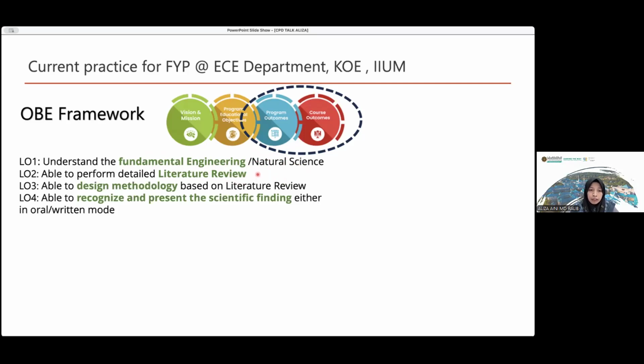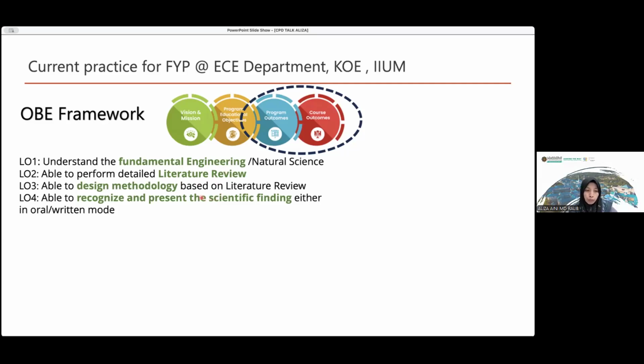Learning outcome number 2 is to be able to perform a detailed literature review. This is a very important skill for research, so we need to train them from the FYP how to do a very systematic, detailed literature review. Okay. Number 3, after they come up with the literature review, they can see what problem is currently faced.